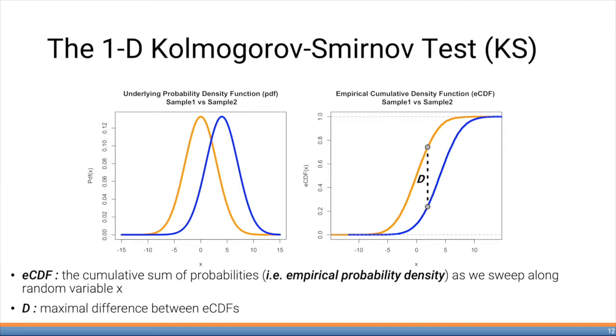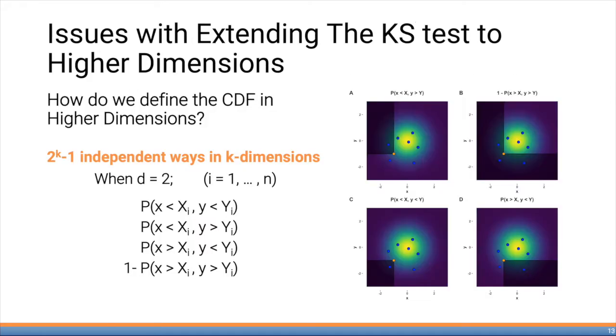The 2-sample KS test could further be used to compare any 2 univariate empirical data distributions against each other to determine if they are drawn from the same underlying univariate distribution. Extending the 1D case to 2 or higher dimensions, however, is complicated by the fact that CDFs are not well defined in more than one dimension. In 2D, there are 4 ways, 3 independent, of defining the cumulative distribution, since the direction in which we order the x and y points is arbitrary.